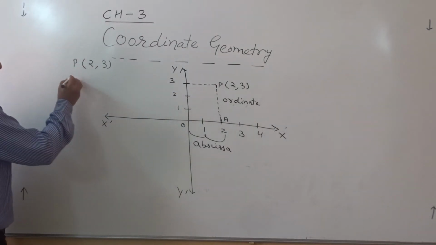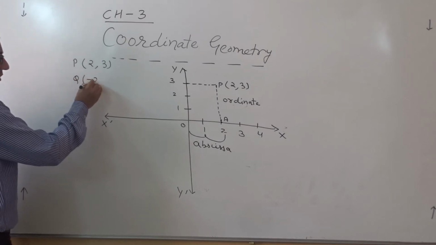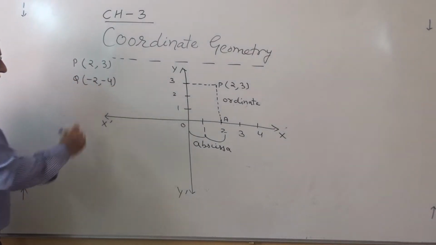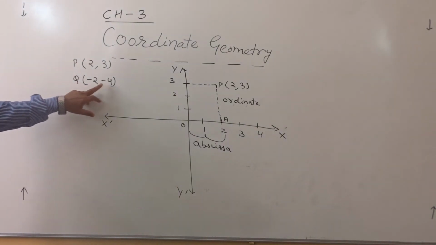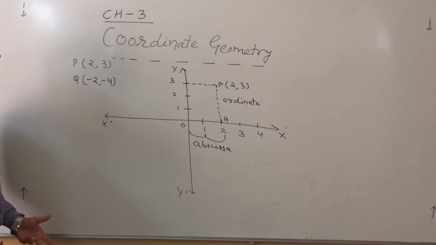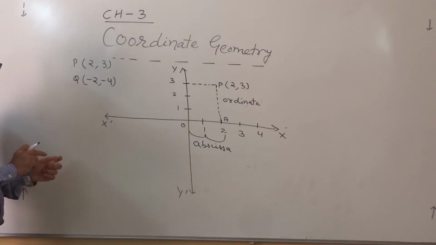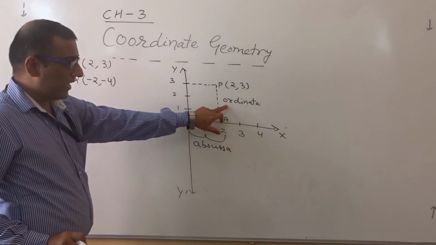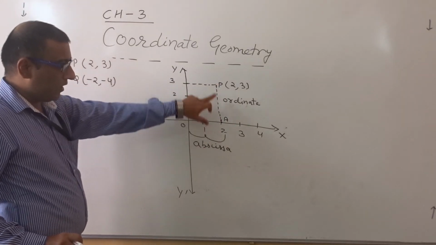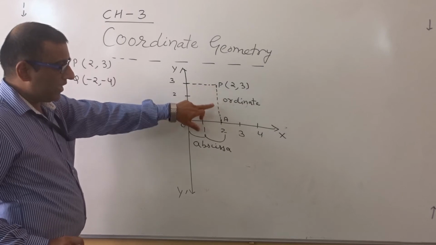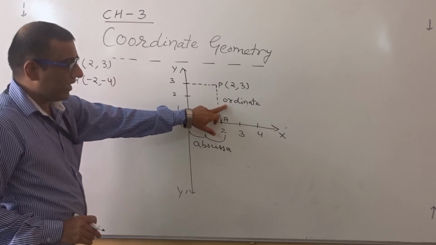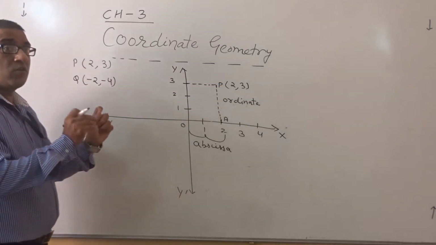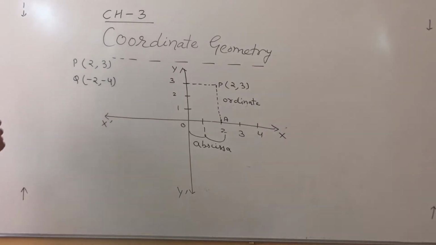We will take one more point. If someone says to you, how can you denote the point Q, and the value of point Q is (-2, -4). It means the first value is related with the x coordinate and the second value is related with the y coordinate. So the coordinate is a different thing and the ordinate is a different thing. We can say in this example on this Cartesian plane, PA is related with the ordinate and the value of P is related with the coordinate. Coordinate is also known as a point.